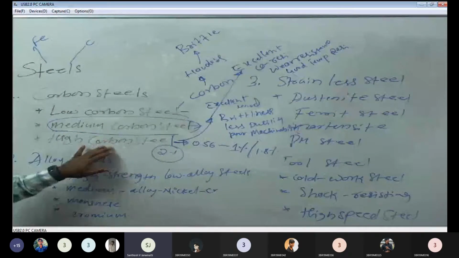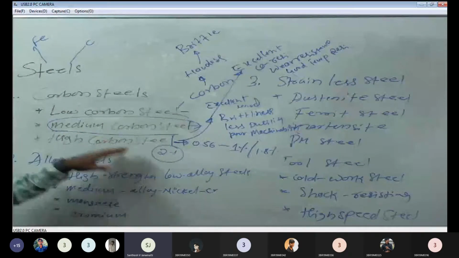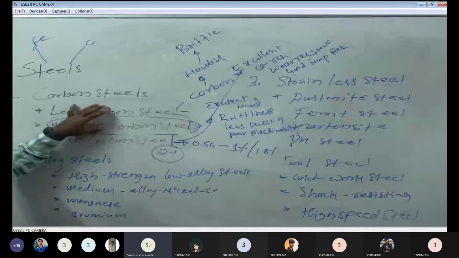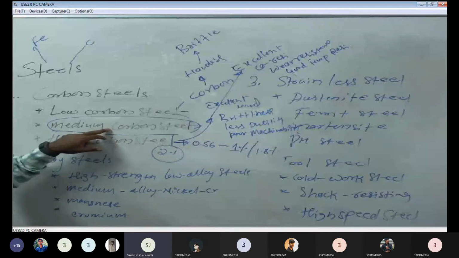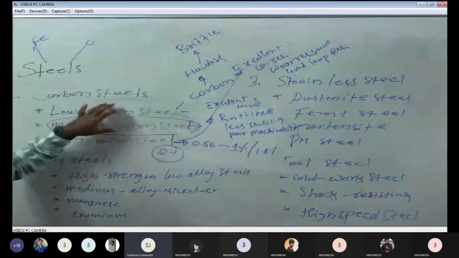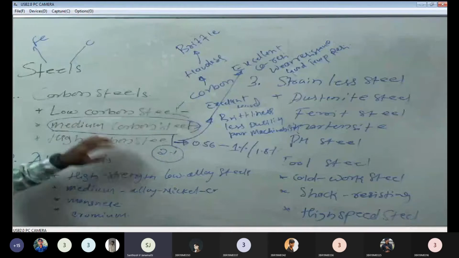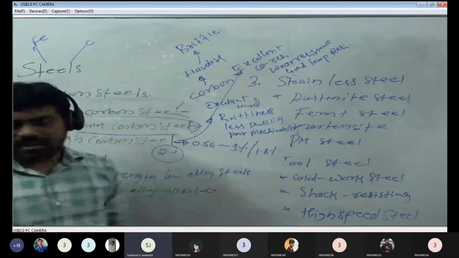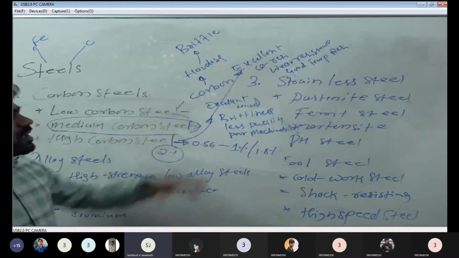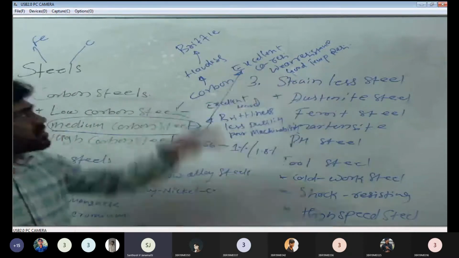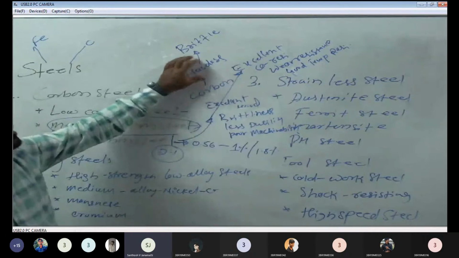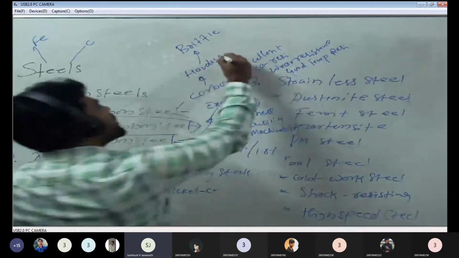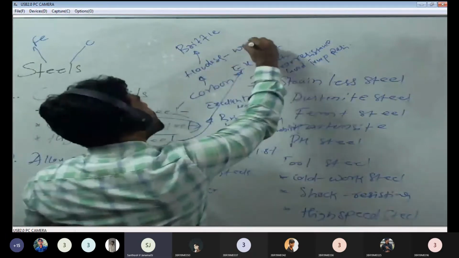This will work at elevated temperature, but these two are not cold working temperature. That's what we can use in cold work at room temperature. This may work at room temperature as well as at elevated temperature, because it has good temperature related properties, and also wear resistance because of the carbon content, because of the hardness. Where there is hardness, again we can expect the wear properties here.